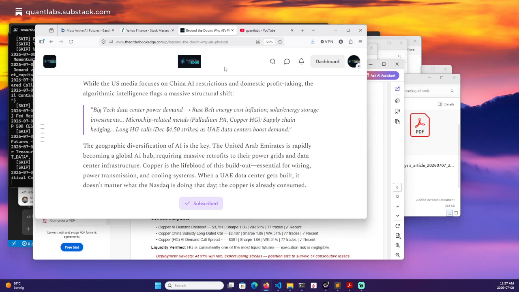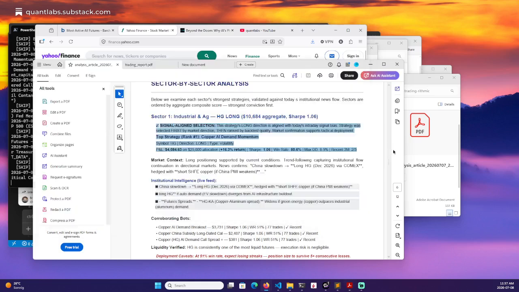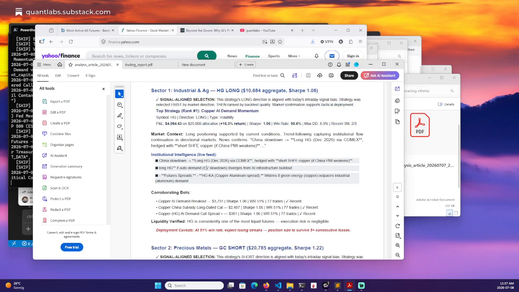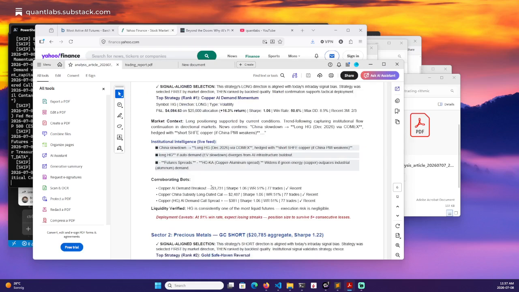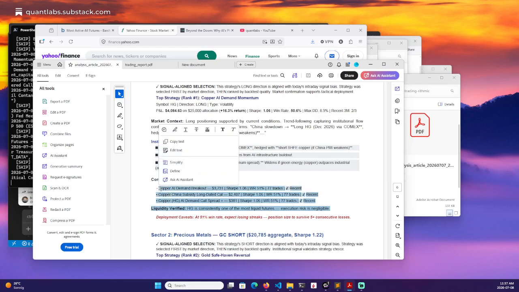China's the big one. And any country that needs these data centers is going to need copper for the servers. So that's why that trade, I think, is probably the trade right now to get into from a long standpoint. You can see here these are your drivers. But here, as part of our lot, we have various strategies involving copper, AI demand breakout, AI demand call spread with options. So we have other options or choices for copper.